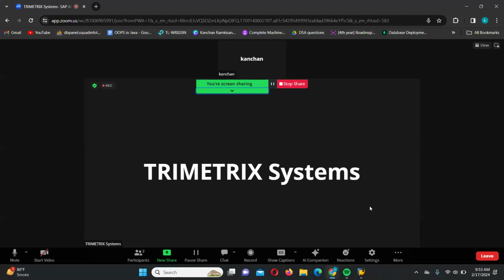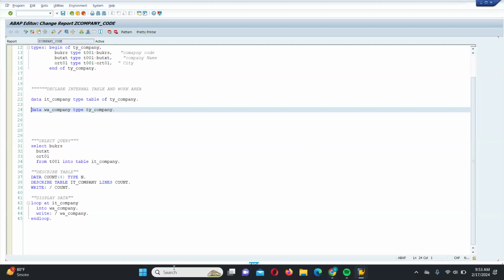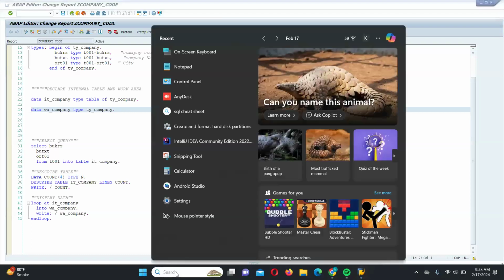It's not possible in Zoom, I guess, right? Yeah, it's possible in AnyDesk. Should I share AnyDesk? I don't think so, I think I have it, but